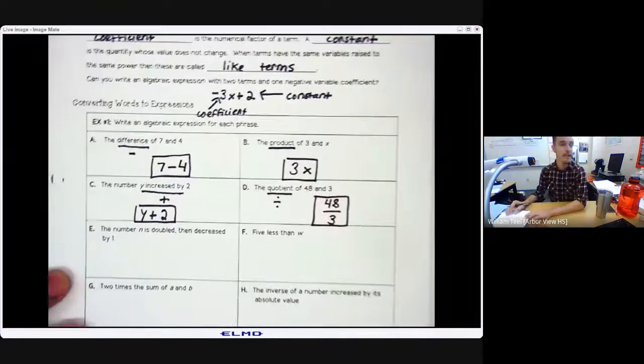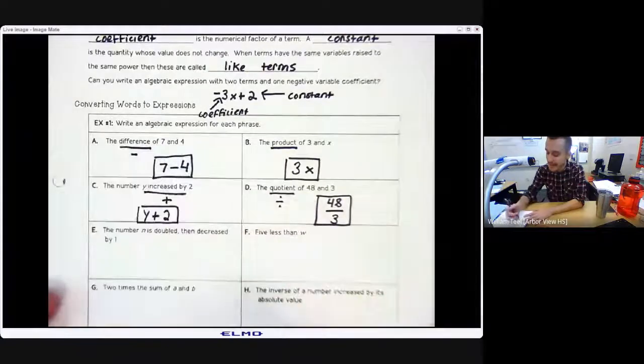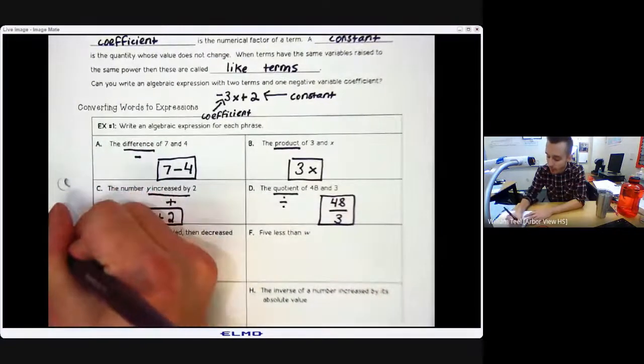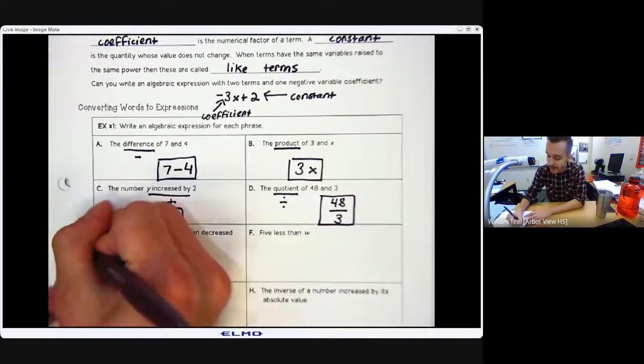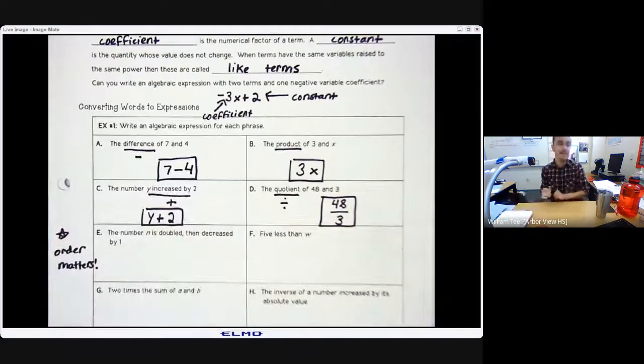All right, so now when we move down to part E, this is where it starts to get a little bit more complicated. So I want you to just write off to the side. Be careful here because the order of the terms is going to matter. Okay, so we have to be very careful to see the order in which the terms appear. So that's going to help tell us where we have to put each of our numbers and terms into the